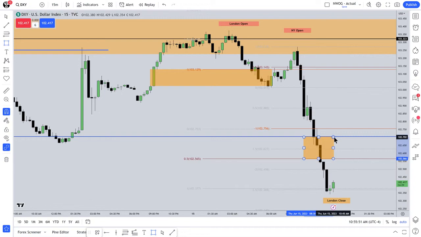And that was the high end of that right here. This was the high order block. This is the low. This is the mean threshold. This section of price action, if it's going to continue, it's best for it not to trade back up into this area here. And because of that, I would treat this as an area of a fair value gap that I want to see stay open.